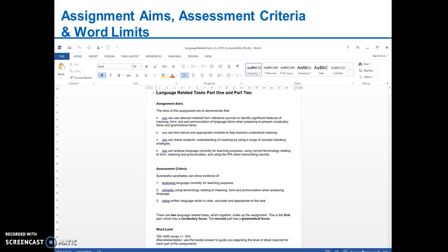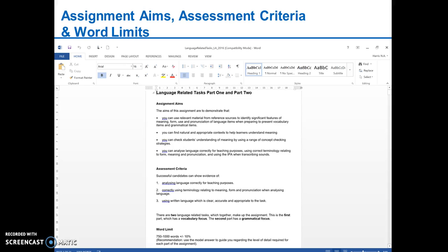At the beginning of the pack, you will come across information regarding the assignment aims, the assessment criteria and word limits, and this is something you can read for yourselves. But most importantly, I think on this slide is to comment on the word limit. Typically, the CELTA assignments are between 750 and 1,000 words, but for this assignment, which is inevitably divided into different